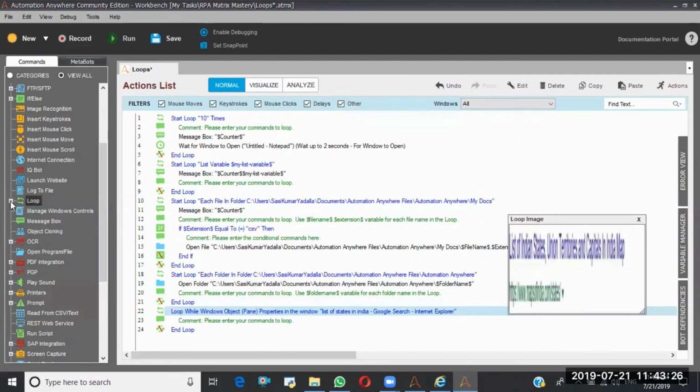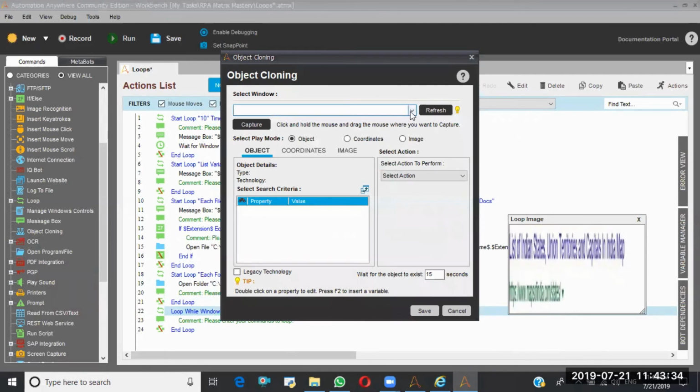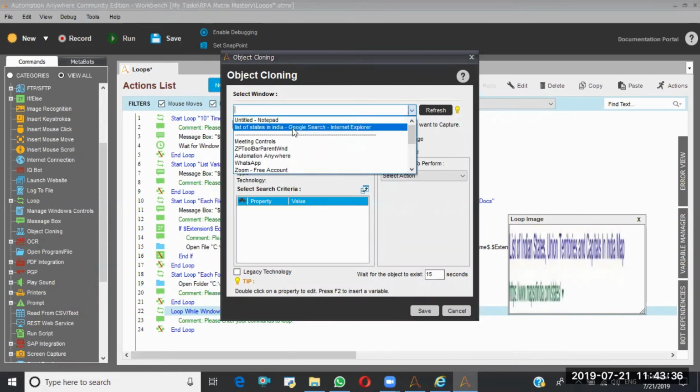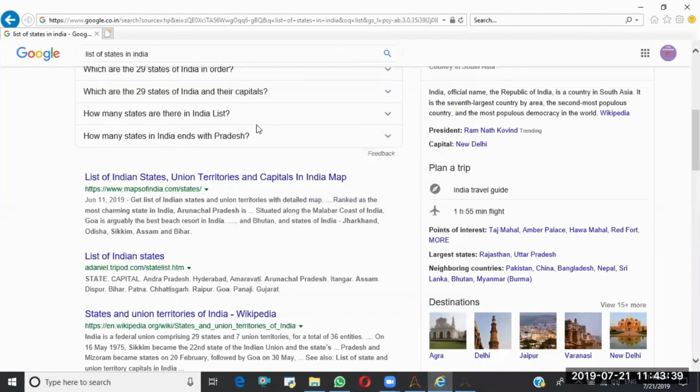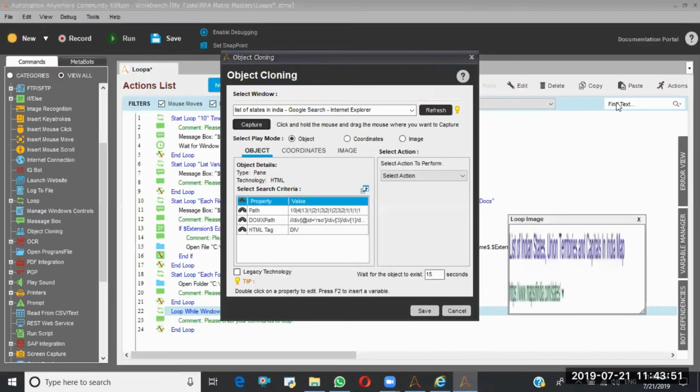again I'll perform object cloning. Again, I'm taking the same one and capturing the same one. I think it's not captured properly.